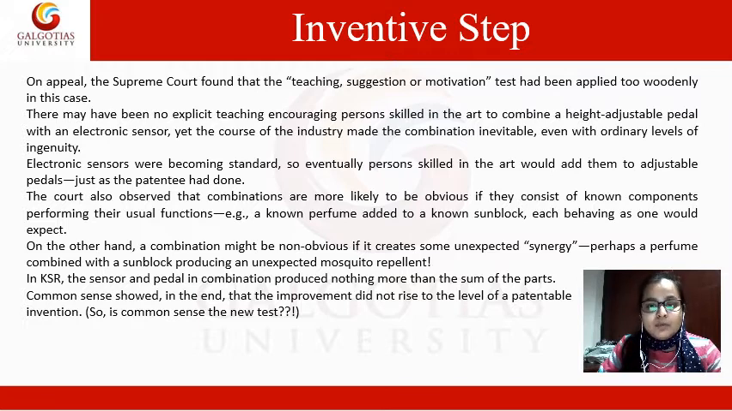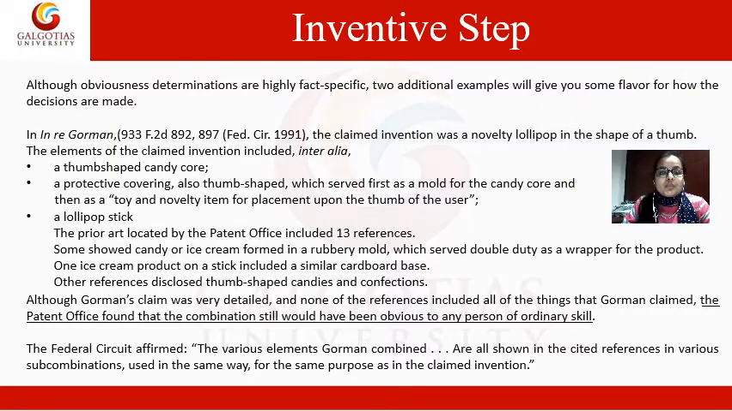The components consisted of two products that were already known, performing their usual functions. On the other hand, a combination might be non-obvious if it creates some different type of synergy, an unexpected synergy, which was not done in this particular case. Moving forward, the obviousness involved here means the pedal along with the electronic sensor